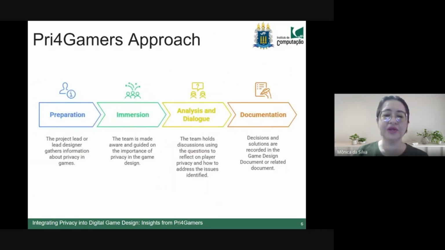As discussed, the approach has 4 stages. The first is preparation, where the team leader collects a set of data from the approach, either from the internet or videos, with examples of problems. Following that, he suggests an immersion for the teams, aiming to foster integration so they can grasp the reality of the situation. This allows them to recognize where the issues are for their players and to empathize with that position, initiating the dialogue and analysis of the game design documents related to their game.